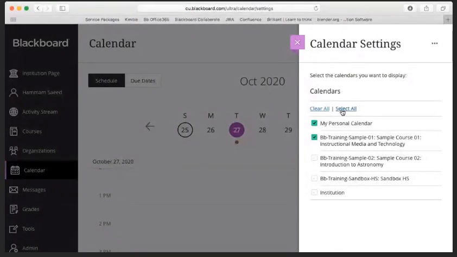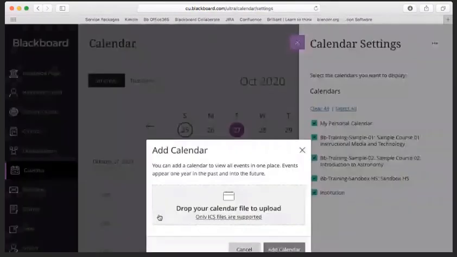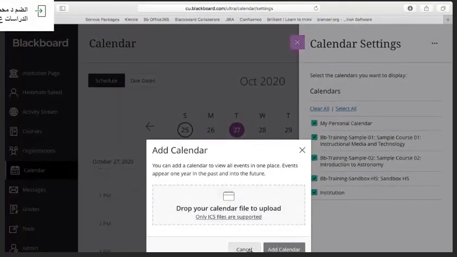You can select all. Another important thing, many people would like to see their calendar from one place. For example, some people would say, I need to see all my events on the Blackboard calendar. So what they can do is add calendar to the Blackboard link. And to do that, the system will just ask you to upload the supported ICS file. This is where you can export the calendar from, for example, your Google Calendar or Outlook calendar